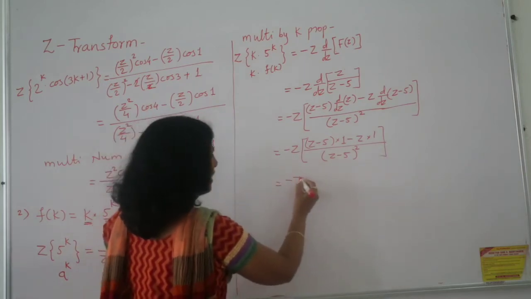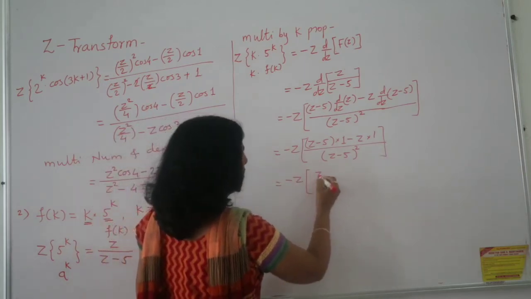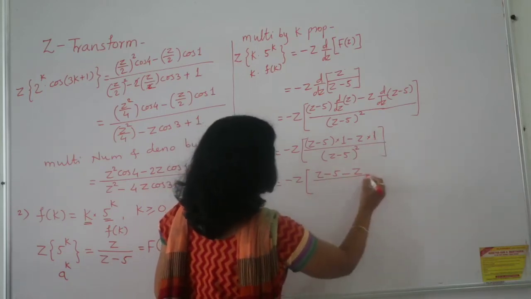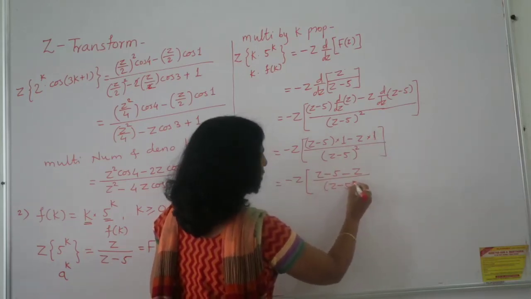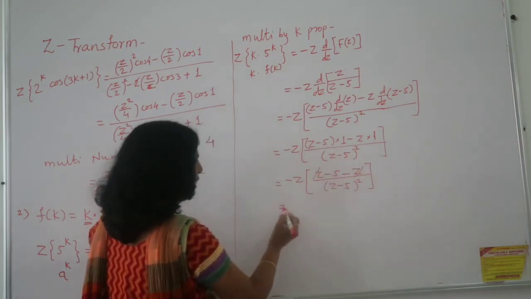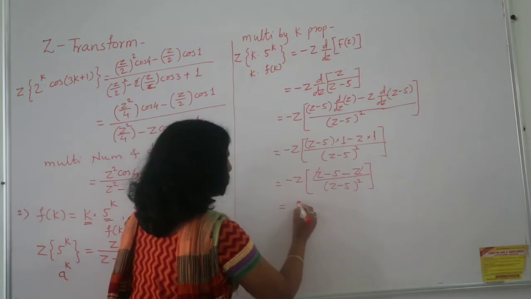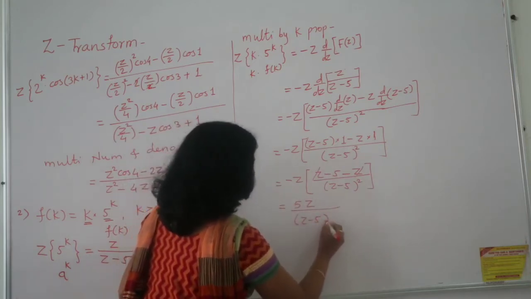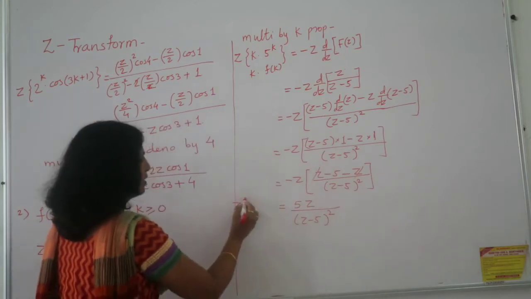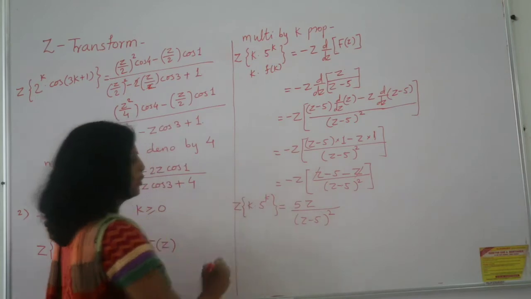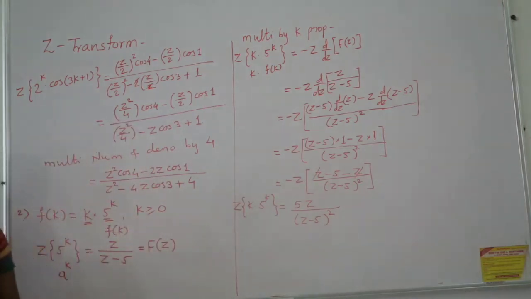So still this minus z is there. Open the bracket in the numerator: z minus 5u minus z, because here we are multiplying simply by 1 and here it is z minus 5u, bracket square. Then plus z minus z, both of them get cancelled. These two will multiply, so minus minus plus, it is 5uz upon z minus 5u square, and this is the z transform of k multiplied by 5 raised to k. So here I introduced you to the second property, that is the multiplication by k property.